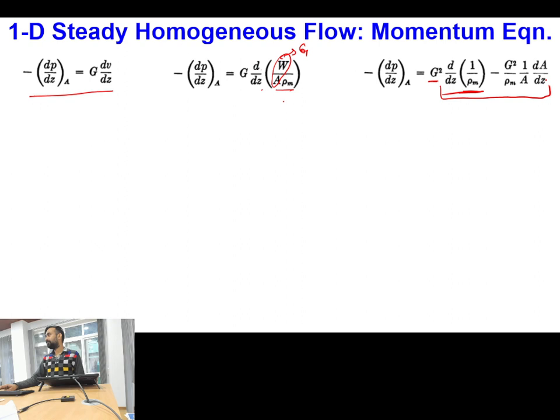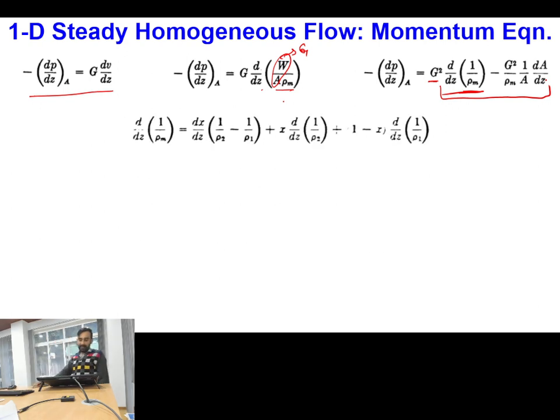Is this point clear? So after this expansion, what I will be getting is that d by dz of 1 by rho m can be written in terms of dx by dz into 1 by rho 2 minus rho 1, plus x times d by dz of rho 2, plus 1 minus x times d by dz of 1 by rho 1. So this is nothing but the expansion of d by dz of 1 by rho m, considering rho m equal to